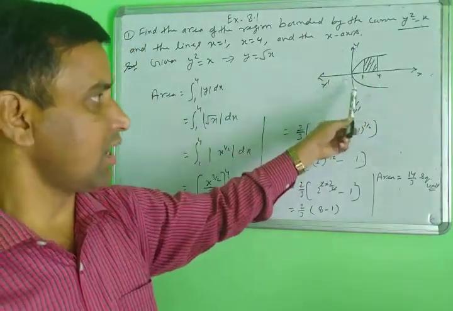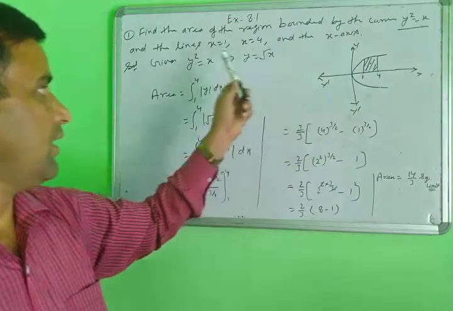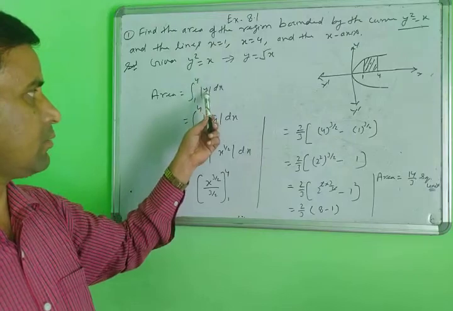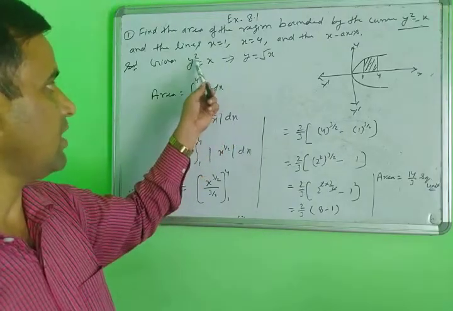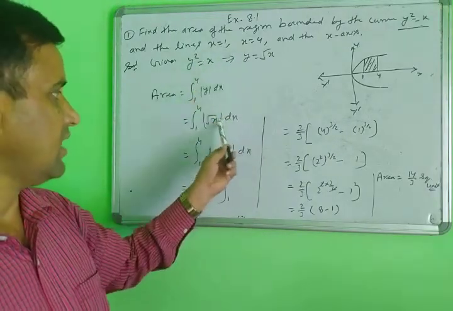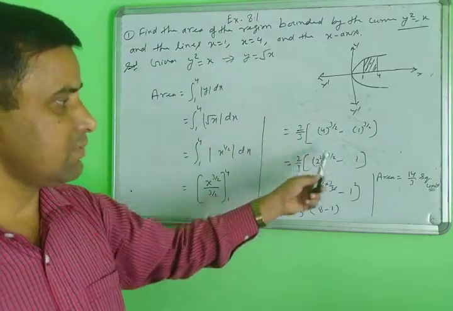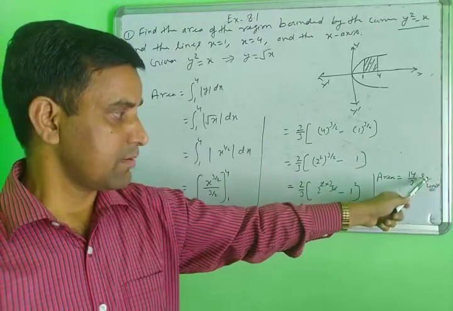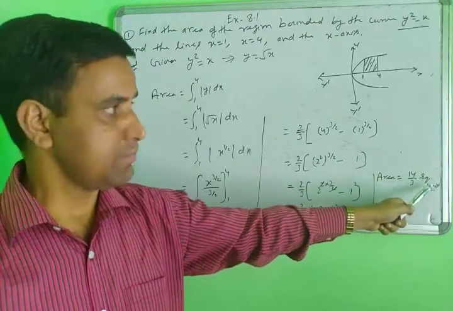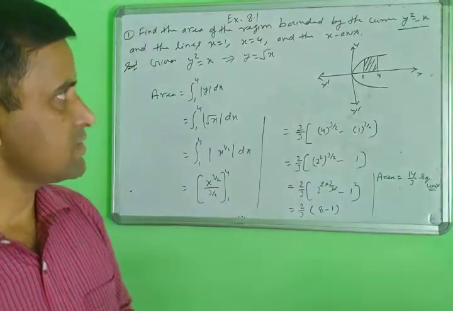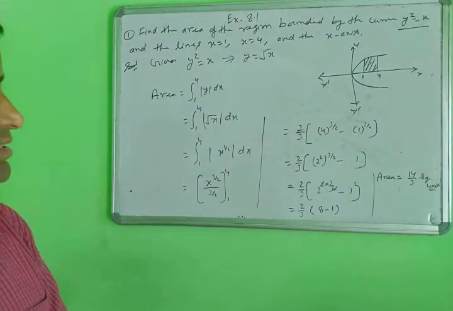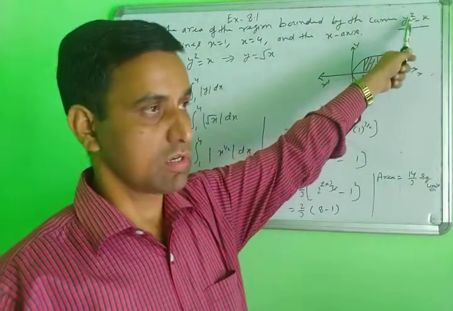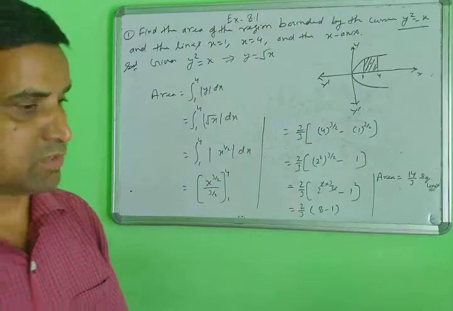Then we will draw the graph in this way, and you will write the area equal to the integral from lower limit to upper limit of y dx. So what is the value of y here? You put y equal to root x, integrate it, then use the limits, calculate and find the area. But in the last, remember it, you will write the unit as square unit because you are finding the area. In this way you will find every question given according to this kind of curve. Just note down the next question.